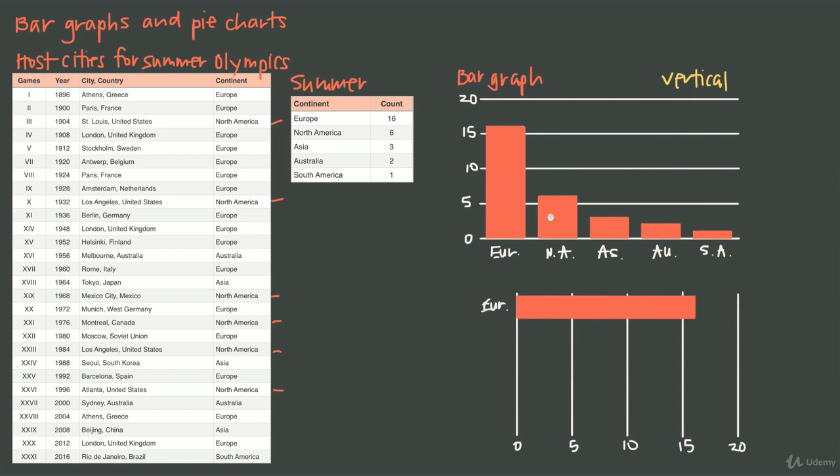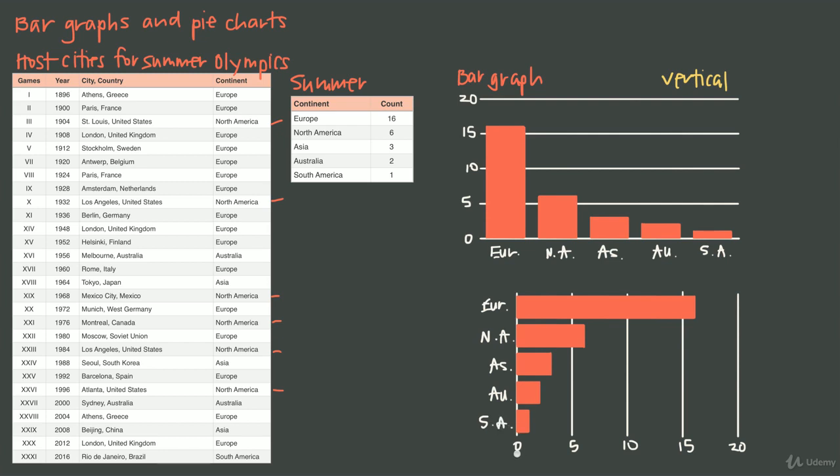We know that North America is hosted 6 times, so we would draw that bar up past 5. So that would look like about this, and we would call that North America. Asia has hosted 3 times, so we could sketch that in there. Australia twice, so this would be Australia, and then South America once, and so we could draw that in and